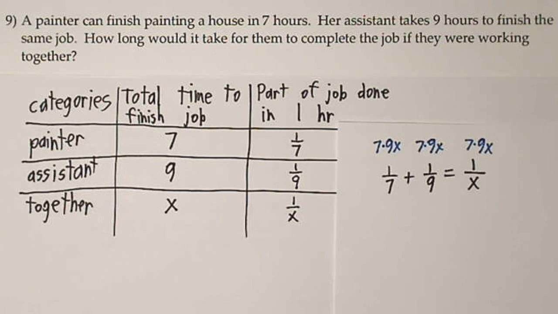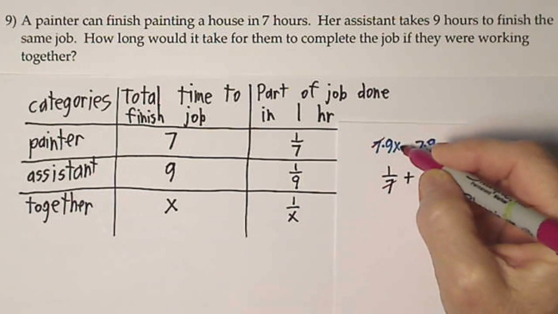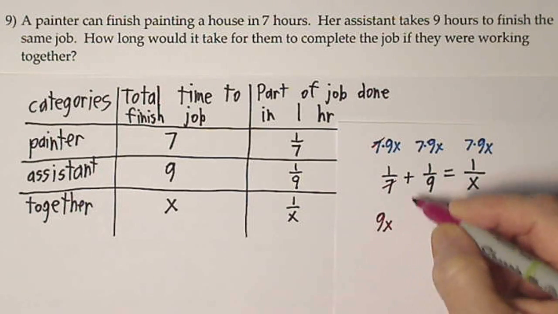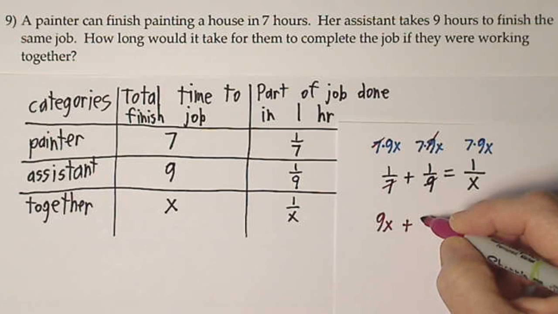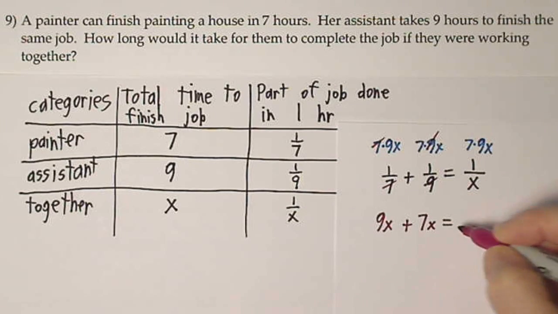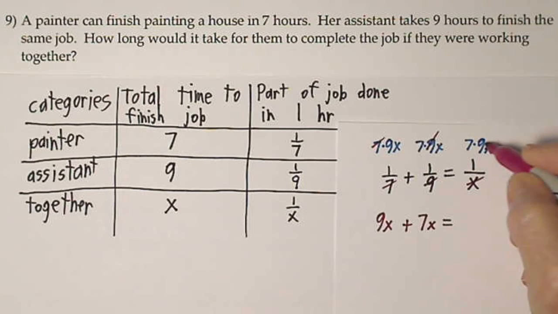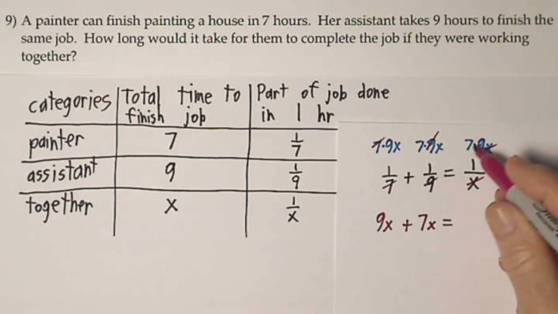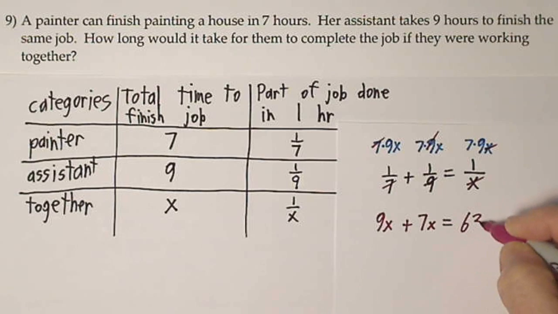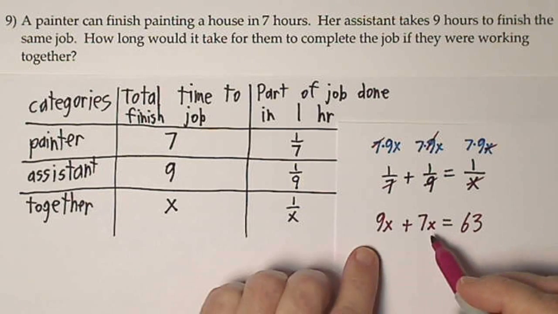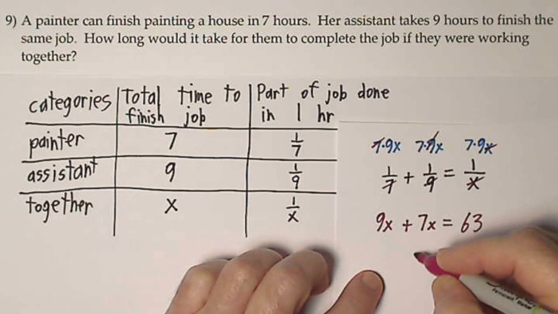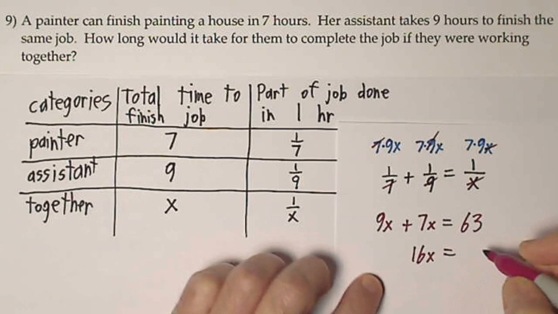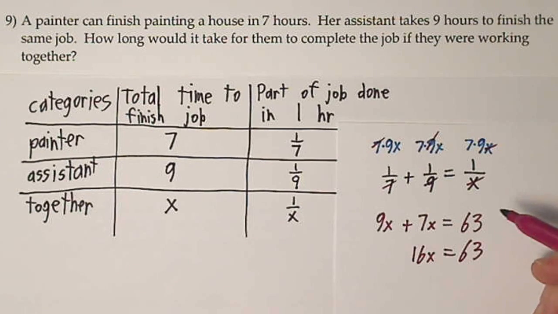And now we just cancel what we can and stay with what we've got. 7's cancel, so 9x times 1. Bring down your plus sign. The 9's cancel, 7x times 1. Bring down your equal sign. The x's cancel, 7 times 9. If these were big numbers, I might not multiply them, but 63 is not too hard to work with. We can combine these two terms, so that'll give us 16x equals 63, and